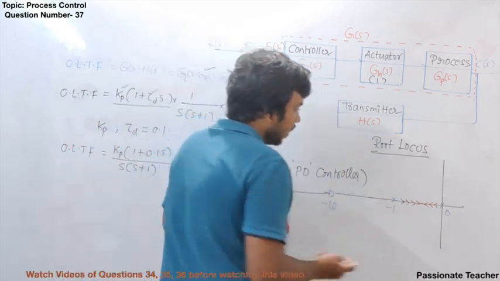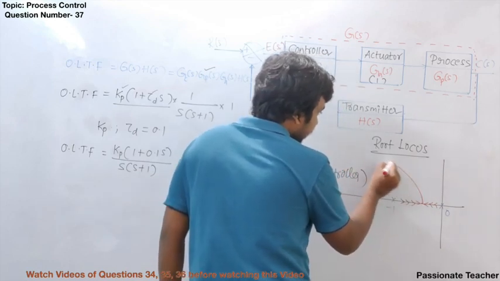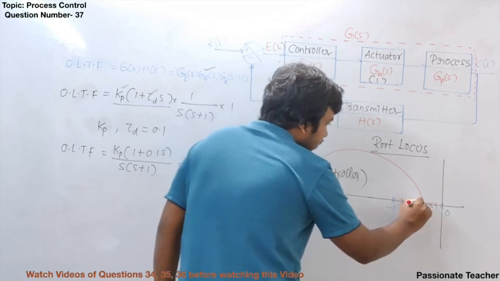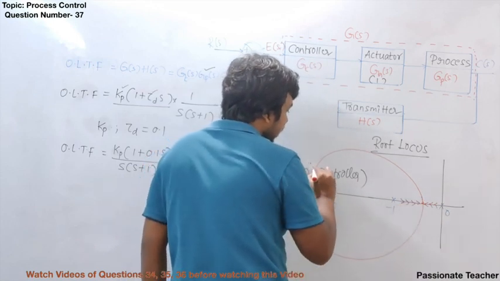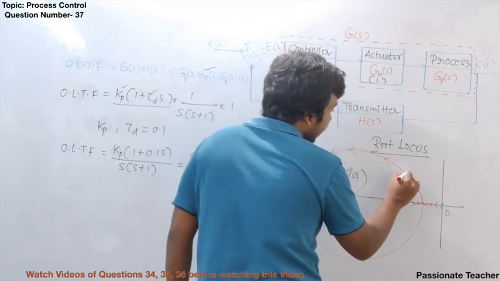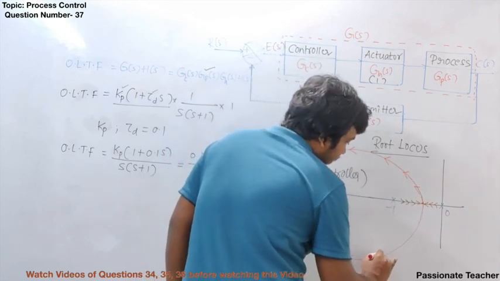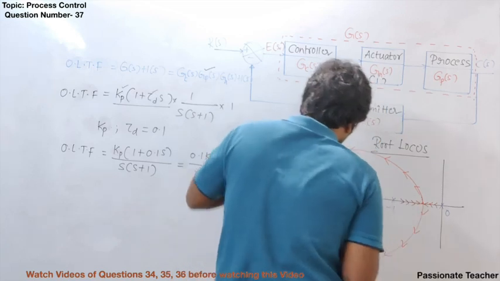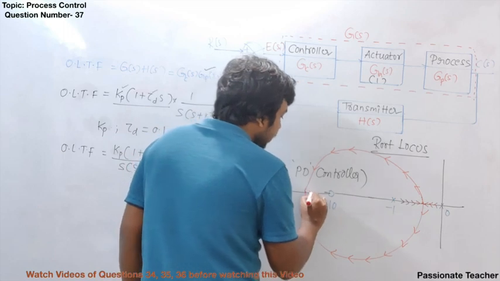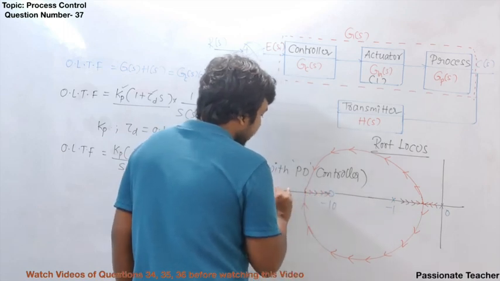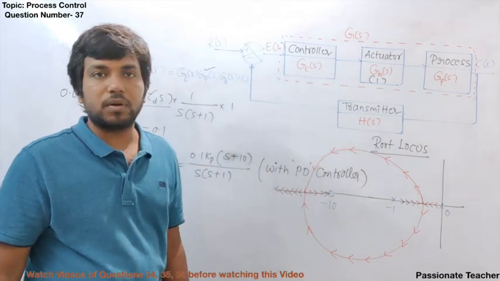So this means that the closed loop pole trace will come like this, and here we are going to have a breaking point, and this root locus will travel all the way along this locus, and it will come and again meet at a breakpoint, and then one branch will terminate here, and the other branch will go to minus infinity. Clear? This is the way the root locus looks.